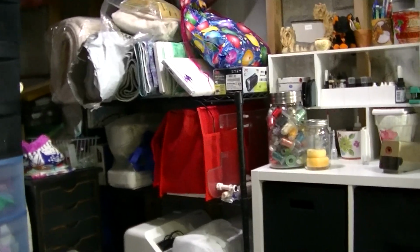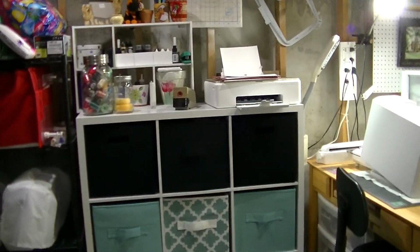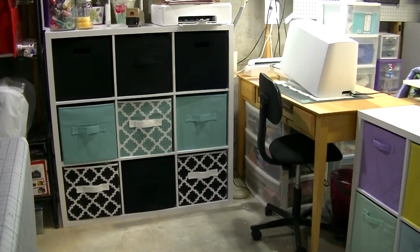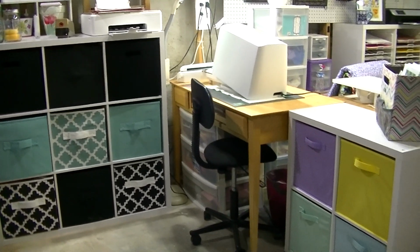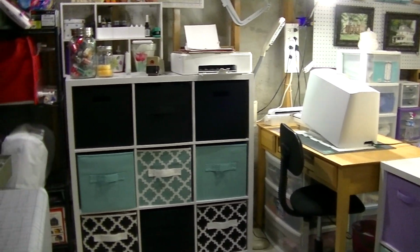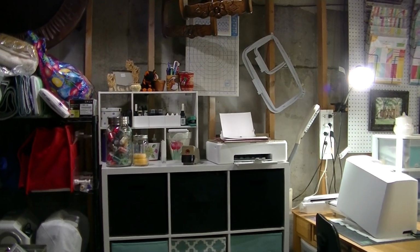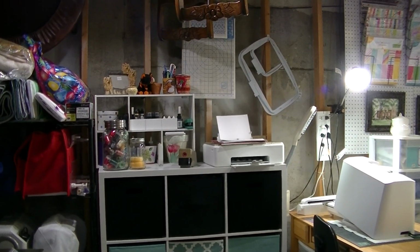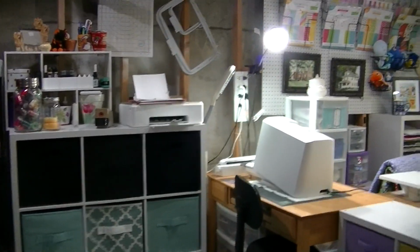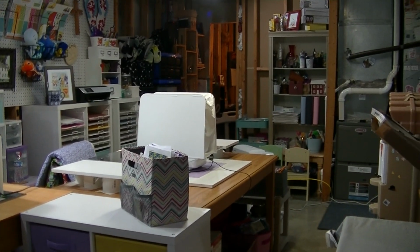And I'm going to go slowly to the side and back up. Here's where you really see that my walls aren't finished. I have another 4-cube unit. I've got my Husqvarna Viking sewing machine there. Another cube unit, and various things, crafting supplies and stuff hanging on the wall. And then go back around, and that is the view of my lovely furnace